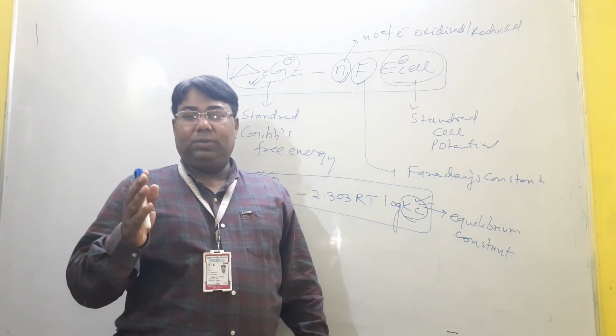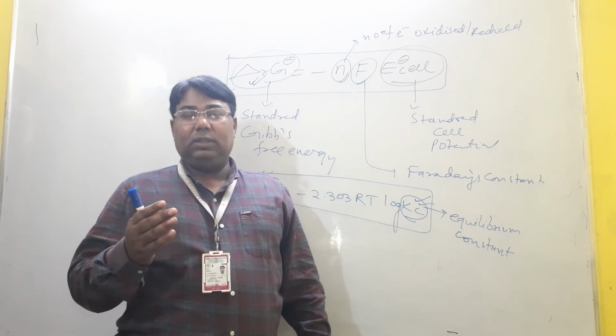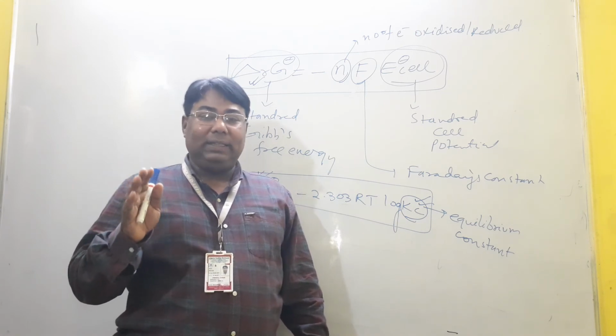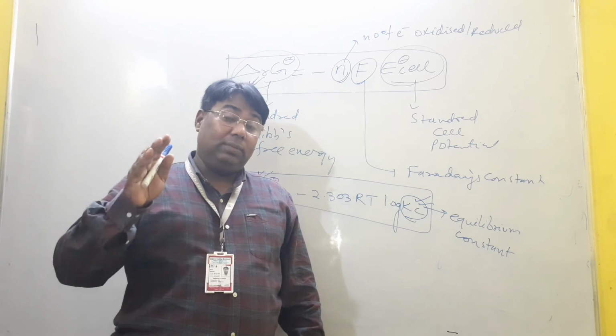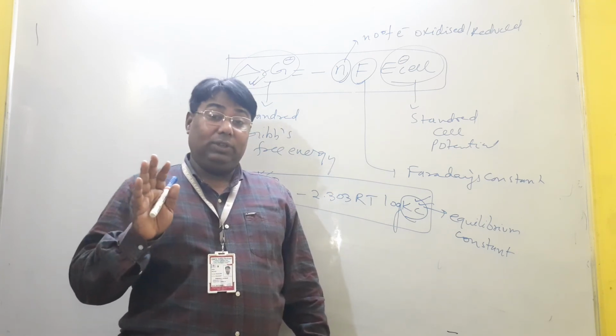The important role of the salt bridge is that it helps to exchange the ions between the two half cells to maintain electrical neutrality as well as complete the electrical circuit, and also helps to prevent liquid-liquid junction potential. I think that all of you understand.